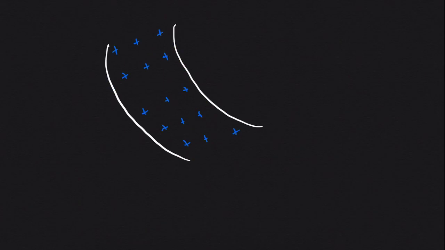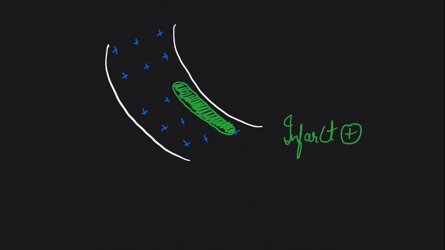Now let's talk about subendocardial infarct, an infarct which is just subendocardial, which has just started. There's no transmural infarct, only a subendocardial infarct. Now see, I'm making a subendocardial infarct. I've left a small strip of endocardium which is normal. That is the reason it is subendocardial, because as I told you, endocardium will receive its blood from the blood which is inside the cavity of the heart by the process of diffusion.